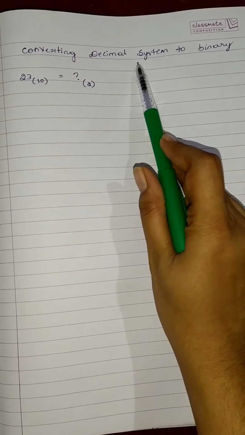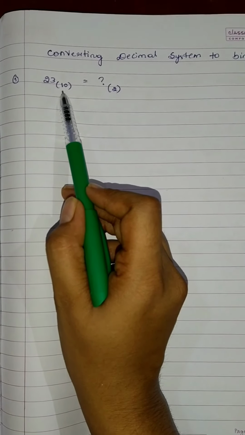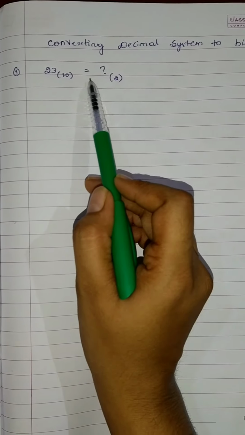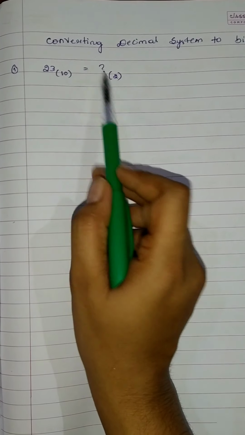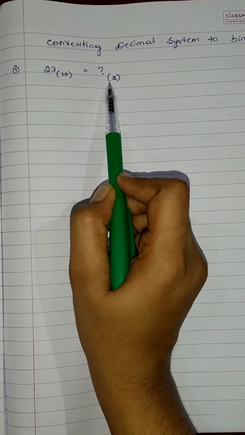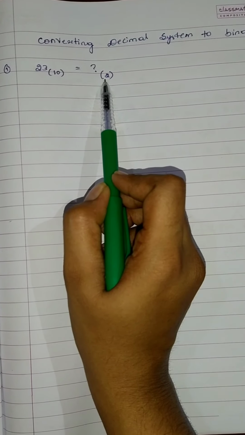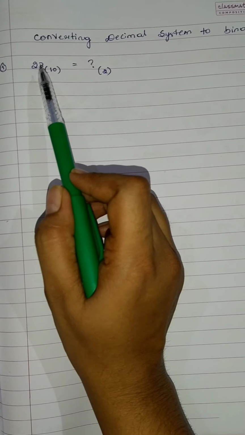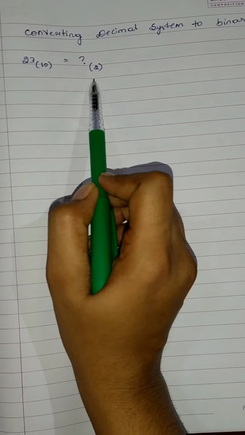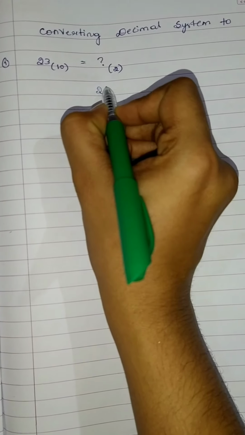In this we are converting the decimal number system into binary. What is the base or radix of the decimal number system? That is 10. Now I want to convert this decimal number 23 into the binary number system, that means base 2. What was the first step? We have to divide the decimal number by the value of the new base. That means now I have to divide this 23 by 2. So now we'll see how to divide this 23.